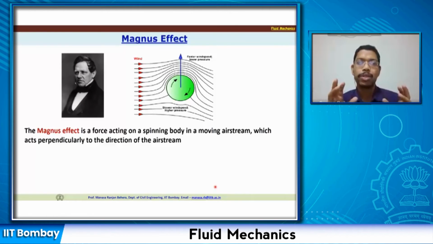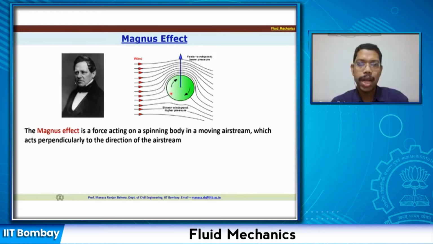All right. So now we have already discussed earlier, if you have a sphere or a cylinder and there is a uniform flow which takes place, there will not be any lift. Okay. But if this body is going to move with certain spinning velocity, then there is going to be lift. And why? So if you look at this diagram or the figure, see the cylinder or the sphere is moving or rotating in this direction.